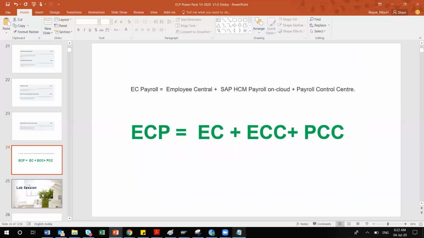In a single line, if I say, what is an EC payroll? To summarize, it is a combination of your EC plus ECC plus PCC. When I say EC, that is the